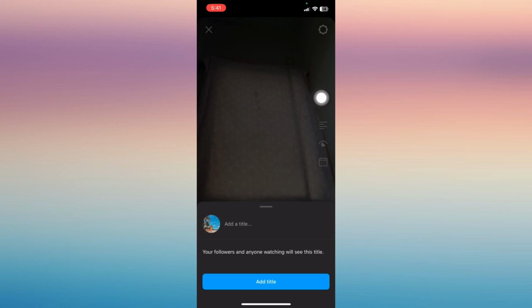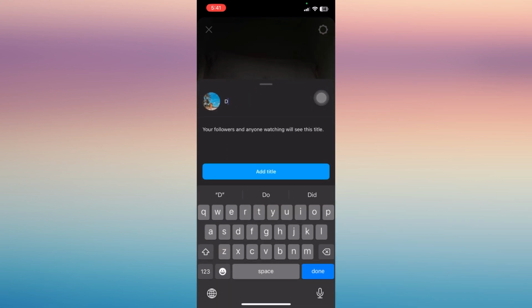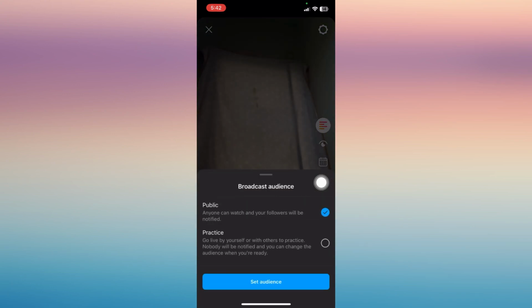write a title. So you can add a title to your live, any title that you wish to write, and make sure this is catchy for your followers to watch your live or to join your live. And once you're done, just tap add title, and then you can also see another option, the eye option,